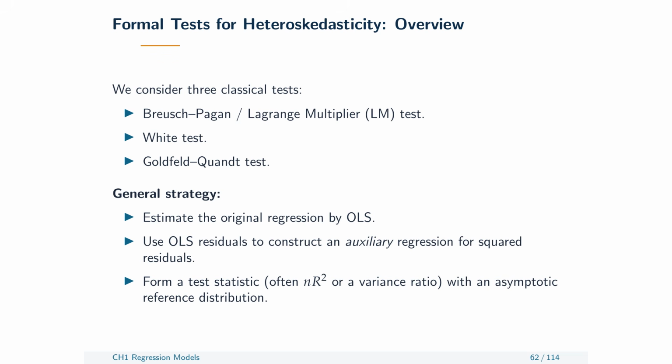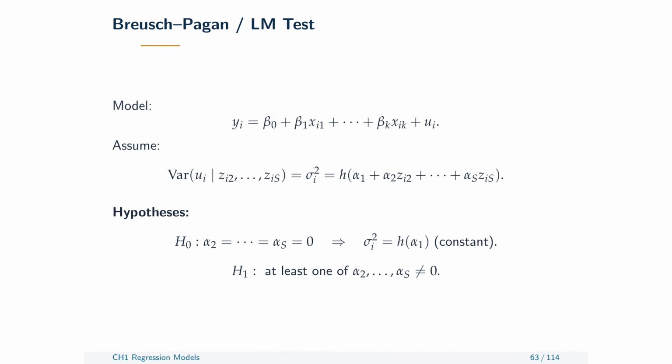Formal tests begin with the OLS residuals from the original mean model. Many then use squared residuals as proxies for unobserved error variances. An auxiliary regression asks whether those squared residuals are systematically related to selected variance drivers. The test is therefore only as informative as its assumptions and chosen drivers. The Breusch-Pagan test